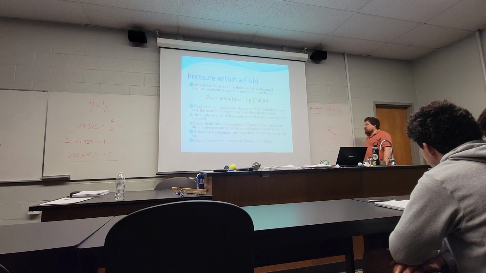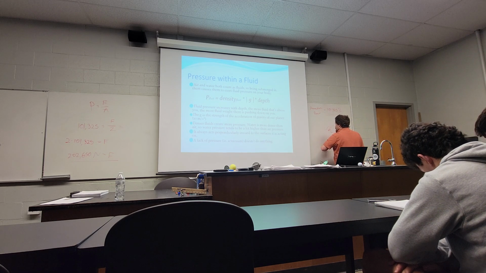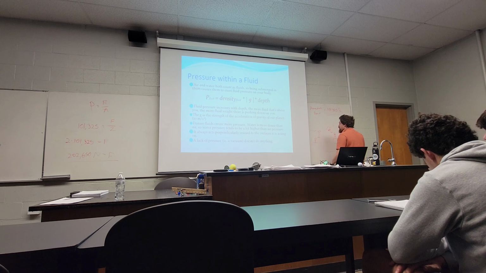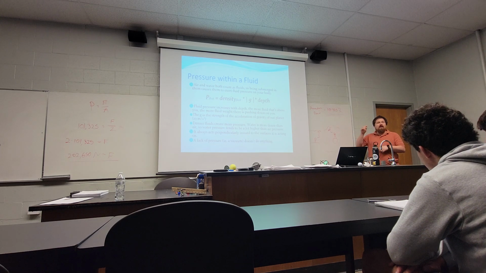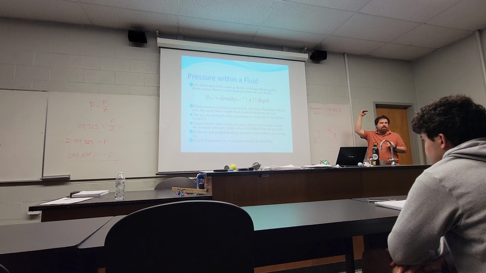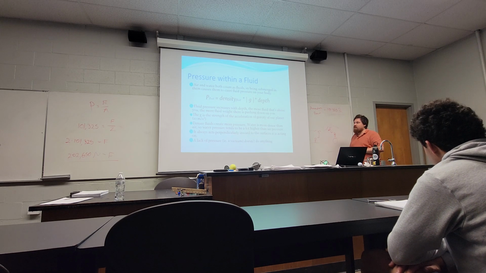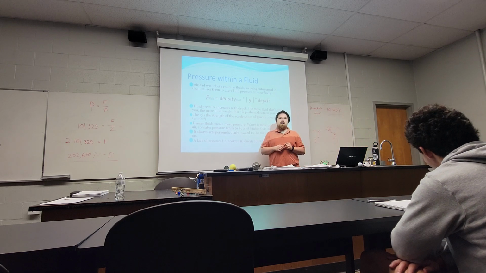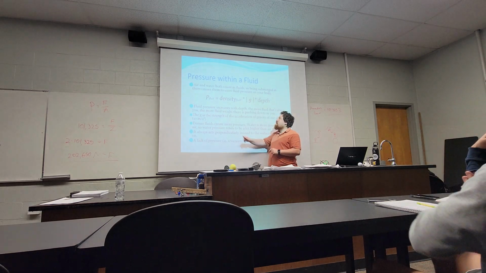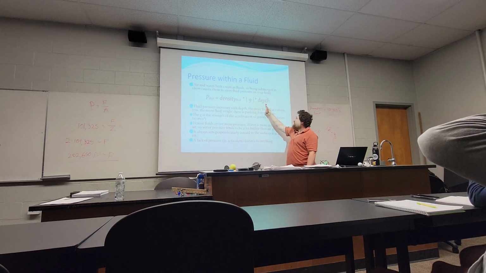If you were instead swimming in water, like if you had gotten yourself down to the bottom of a swimming pool, depth would be just the column of water above your head. So when I say depth, it's the height of water from you, the object, up until the edge of that fluid. And you can use this to determine the fluid pressure of any fluid that you can be submerged in, as long as you know the density of that fluid and how deep you are in it.